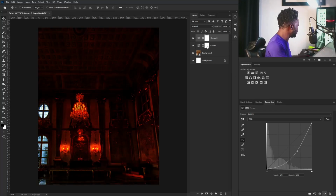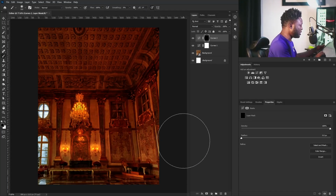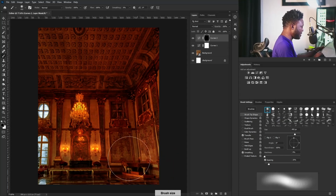like so. Then I'm going to hit Ctrl I to reverse the mask like that, and I'll select the brush tool, increase my brush size, then go to my brush settings here, and I'm going to turn off this. If this button is checked, please remember to turn it off. So I'm going to select the soft round brush here now, and I'm going to select transfer. All right, then I'm going to increase my brush size now, and my foreground here is supposed to be white,